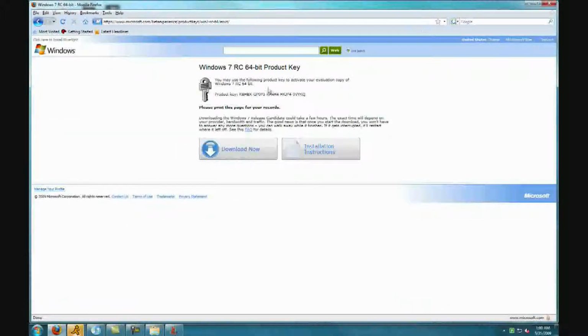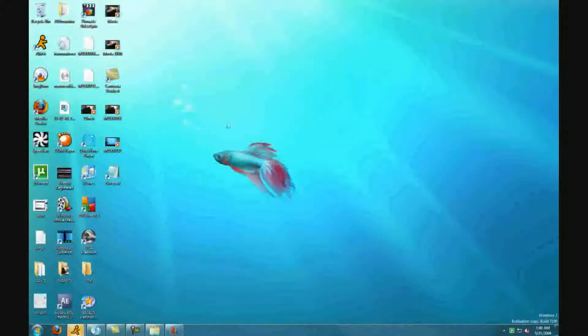And it'll give you a key, and you can click download now. Oh no, everybody's going to steal my key, which is free. But yeah,